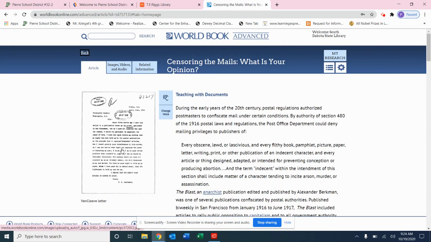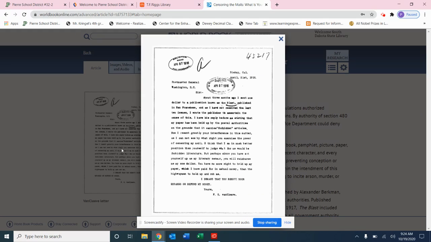1916. This is a letter written by a gentleman who wrote it to the Postmaster General in Washington, D.C. It says, "Sir, about 3 months ago, I sent $1 to a publication known as The Blast, published in San Francisco, and I have not received the last 2 issues. I wrote the publisher to ascertain the cause of this. I have his reply before me, stating that my paper has been held up by the postal authorities on the ground that it carries 'forbidden articles.' Now I resent greatly your interference in this matter,